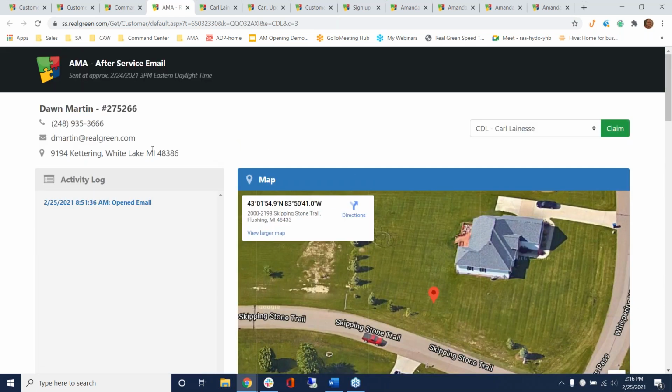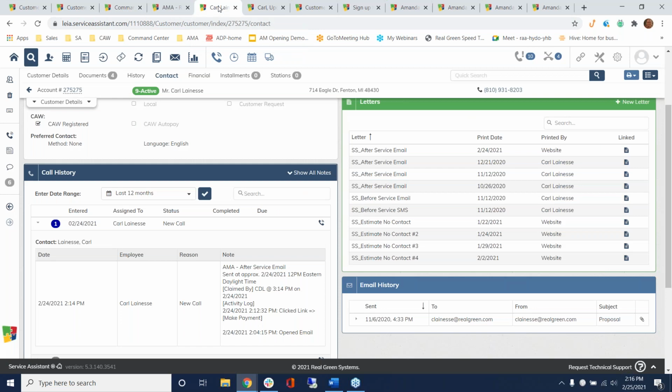If I don't have time to follow up with them right away, I can go ahead and claim that call. So that way it gives me a call log so I can follow up with it later. So very, very nice tool to have. Also in the command center,